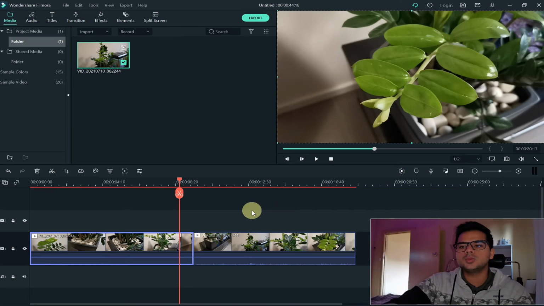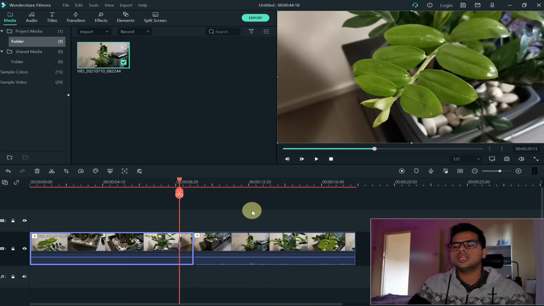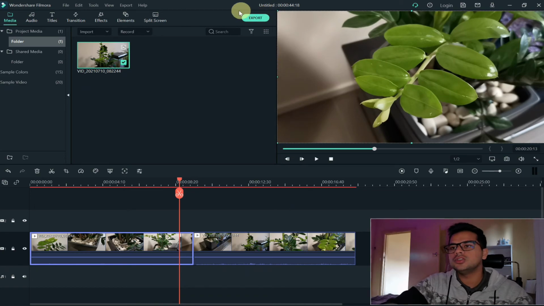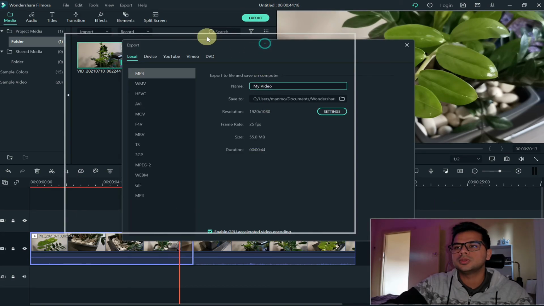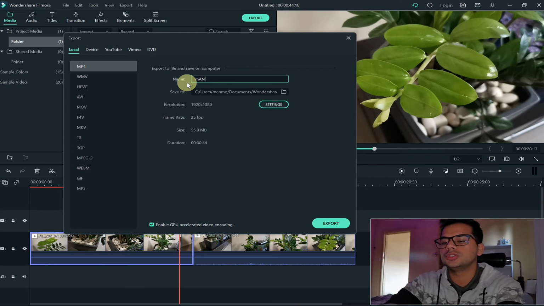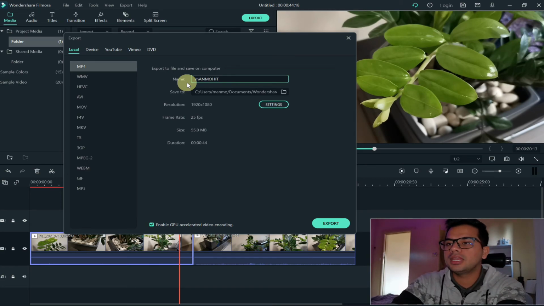Now, once you're done with these basic things, once you cut a video, once you change the audio pattern, once you're happy with the video, in order to save that video, you need to click on this little green button which says export. Once you click on export, it will give you this big dialog box where there'll again be a lot of options, but the simple way would be to change the name of your video. Let's say I want to change it to my name,